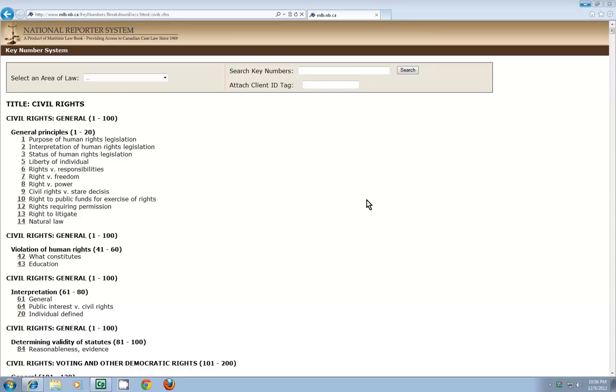The key number search is a search by point of law connected to a key number that you click on to access cases that rule on that point of law. The key number also leads you to a specific topic in a headnote that briefly restates the court's ruling on